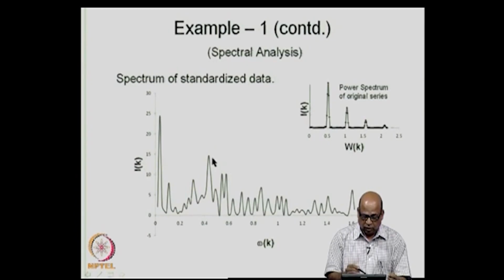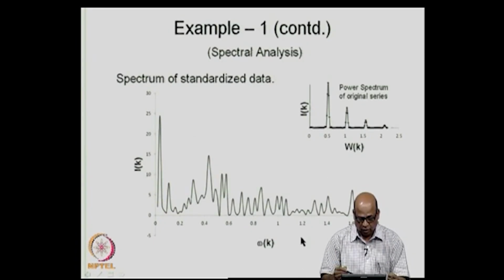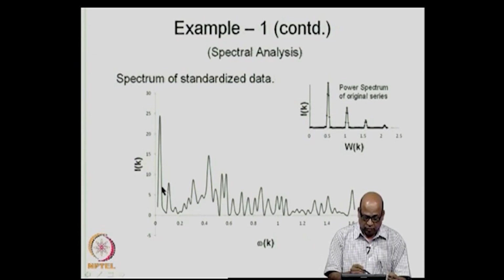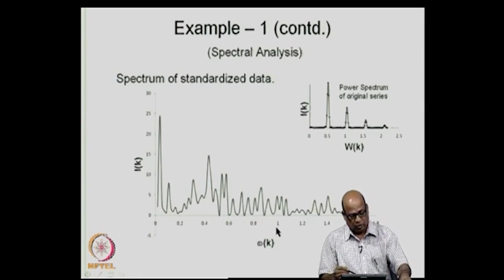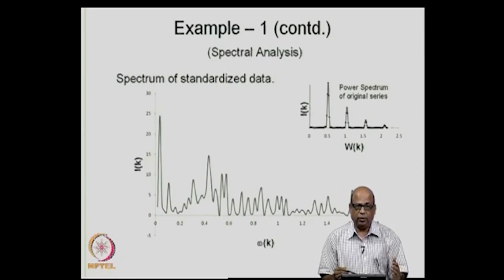No single periodicity has a spectral density any more different from any other periodicity here, and therefore the variance is spread more or less uniformly, as you can see from the spectral density of the standardized data. So, standardization removes the periodicities present in the data,